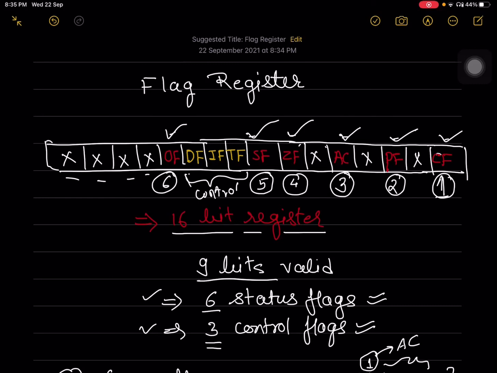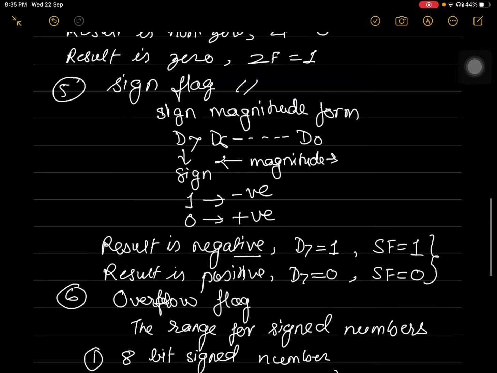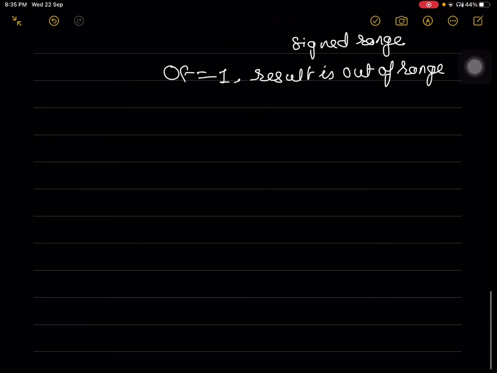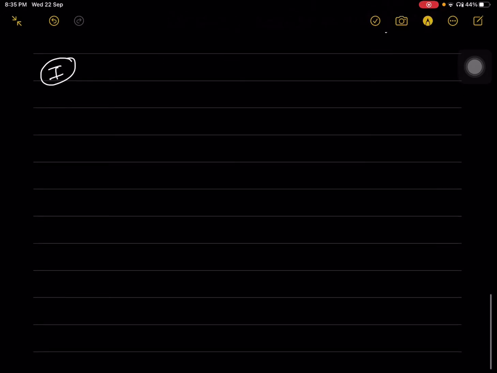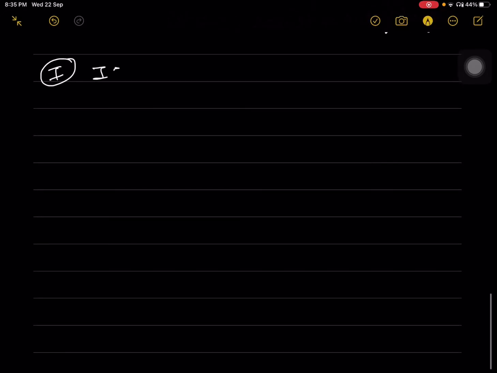Now coming to the next 3 flags which are specified here, they are 3 control flags. So to start with the functioning of control flag, let us discuss the first control flag, that is IF, which is interrupt flag. Now in microprocessor, the concept of interrupt is available.